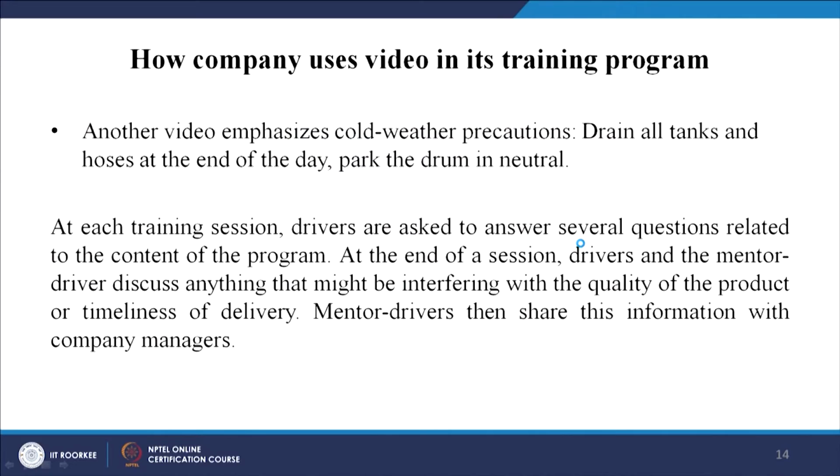At the end of the session, drivers and the mentor drivers discuss anything that might be interfering with the quality of the product or timeliness of the delivery. So, after this video training, which is used as an effective lecture method for the actual learning, they go on to discuss problems at the end of the session with the drivers and the learners.